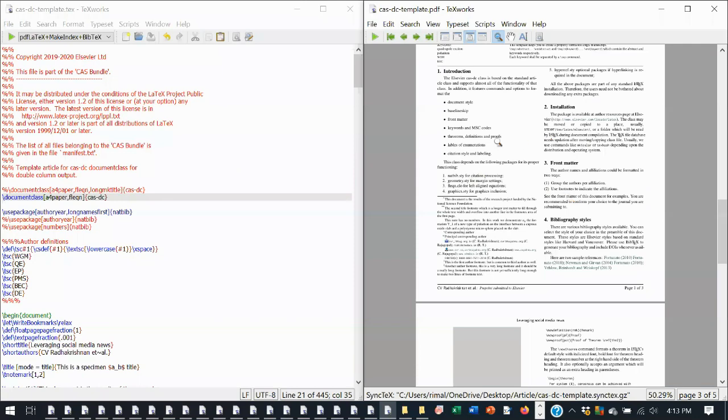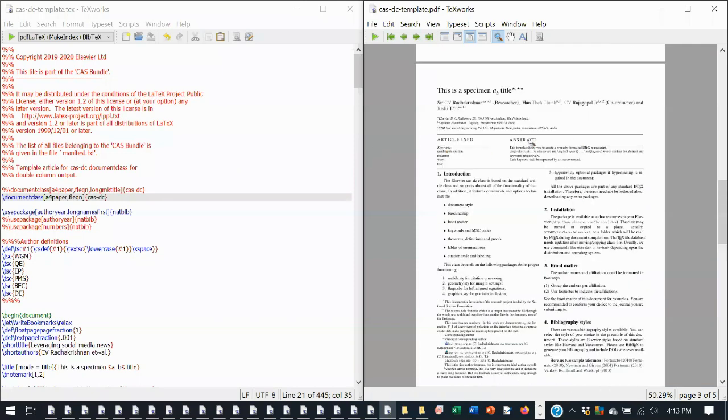You can see this abstract and this article info, these sizes are different, and you have a double column. That is defined by this class. You don't have to do anything. If you are working with a journal article template, you don't have to bother about that. You just concentrate only on the content.